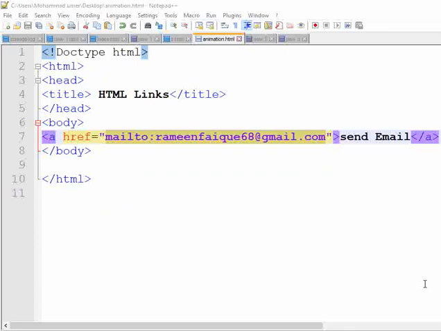It is always a great experience for the visitors of your website if they have something which lets them communicate easily with you regarding any concerns or queries they have. So this is definitely a value-added feature for any website. Understand? I hope you understand how to create that email link that will open the user's email program for sending a new email.